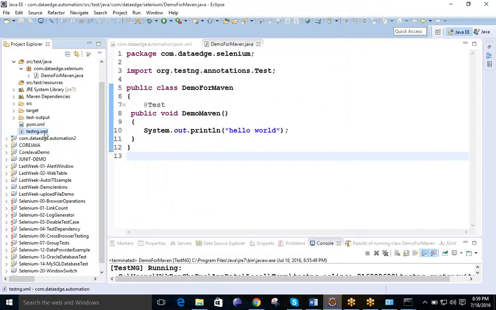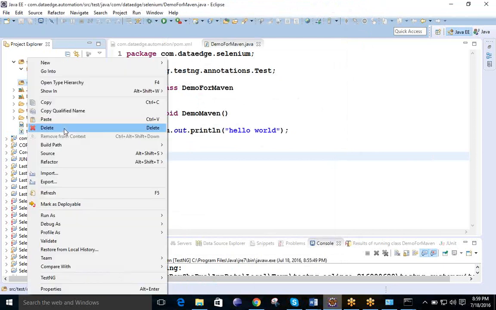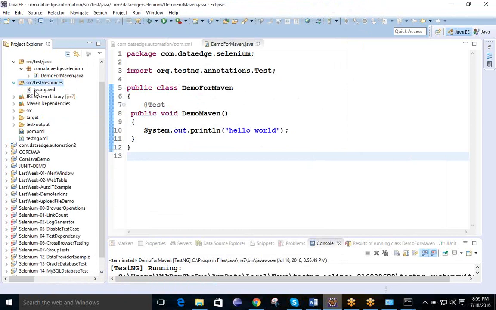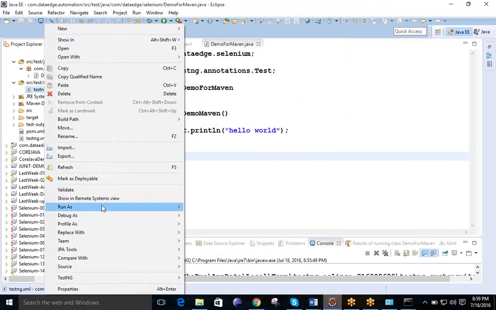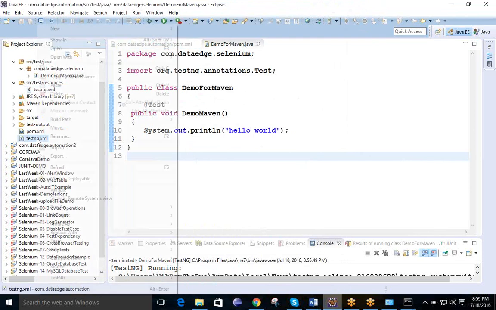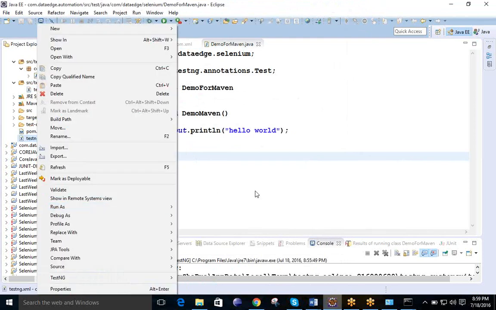And this testng you need to specify by simply copying it to this resource folder. Whether it is copied? Yes, it is copied now. Or if you wish, you can directly move it by deleting this one. Now if we click on this testng.xml, go to the run. It is not updated.